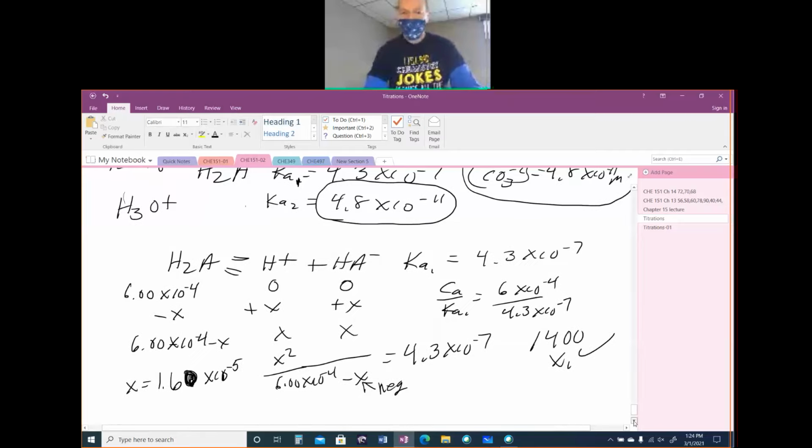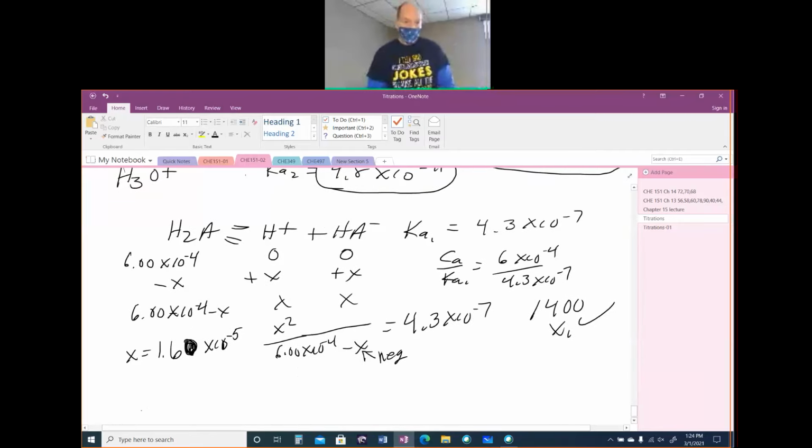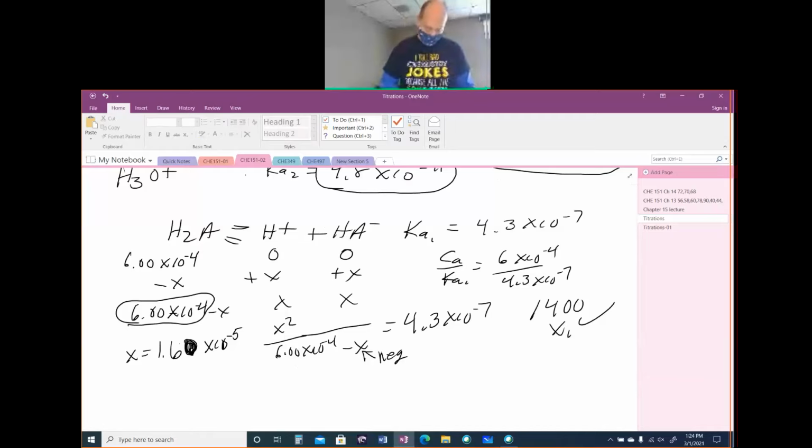All right. So our H2A concentration is not going to change. It is here. If you subtract it and you get something else, that's fine, but that's basically not going to change. But it actually would change in that number of sig figs given. If you're giving it to the right number of sig figs, yeah, it is going to change. So you would take 6 times 10 to the minus 4, and you're going to actually get a 5.84